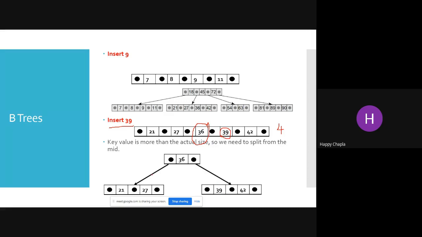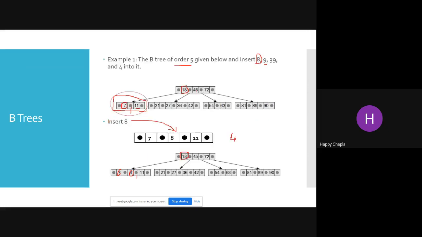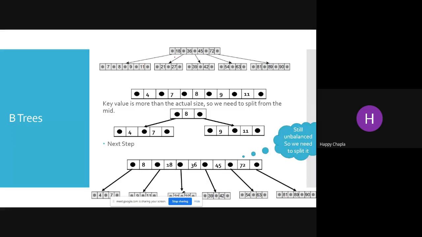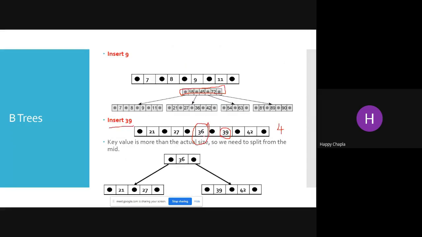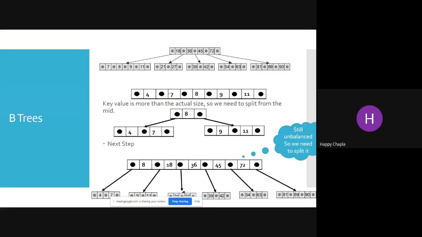Okay, but how can we insert this 36? We cannot write 36 over here. Why? Because all the leaf nodes are at the same position. So now check, where is my parent node? So here is the parent node. Can we occupy this 36 in this available parent node? Yes. So what we are trying to do is insert that 36 inside the available parent node. So the scenario is something like 18, 36, 45, and 72. And we have just split those nodes.